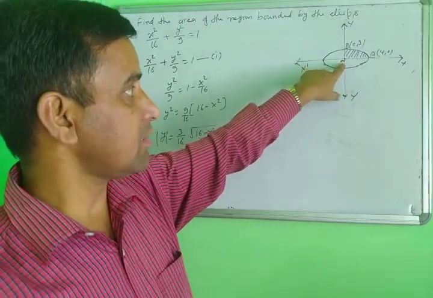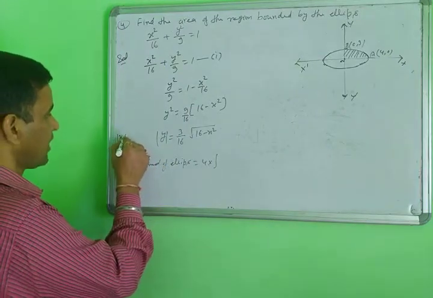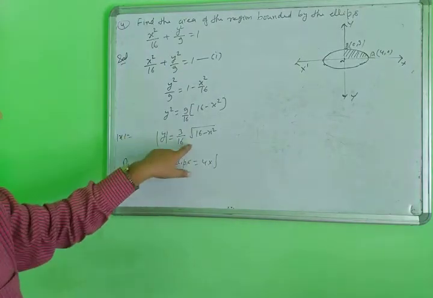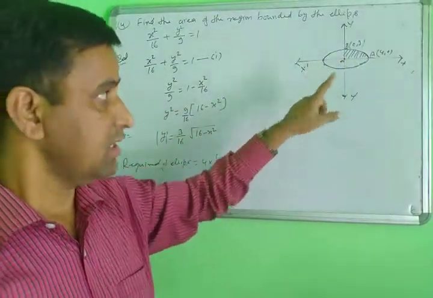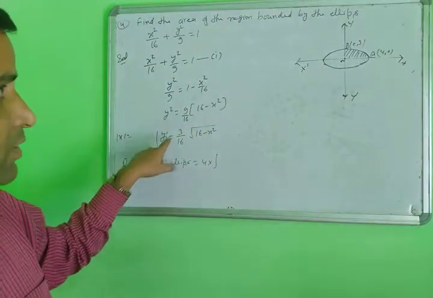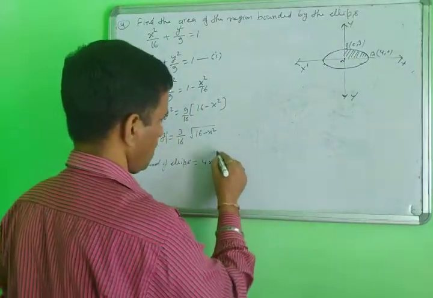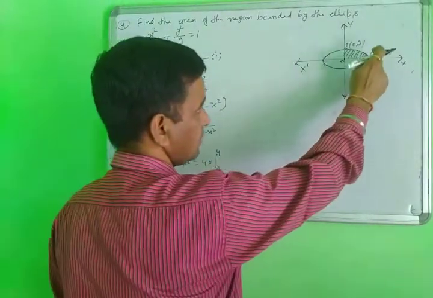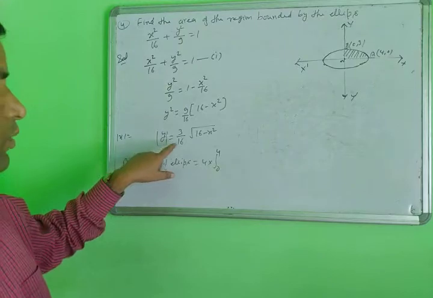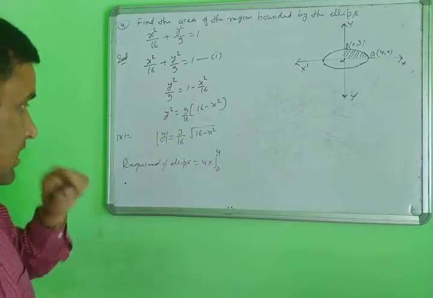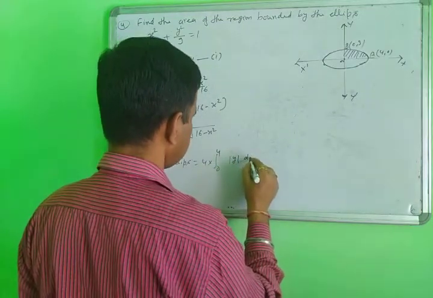But suppose you are taking the limit 0 to 3, then you will convert your mod x equal to. The curve changes according to the limit, so the limit and the curve go together. We are converting the value of y in terms of x, so the limit is on the x-axis: the lower limit is the origin and the upper limit is 4 at this point. Because I am changing the curve here to y in the form of x, this will be mod y dx.